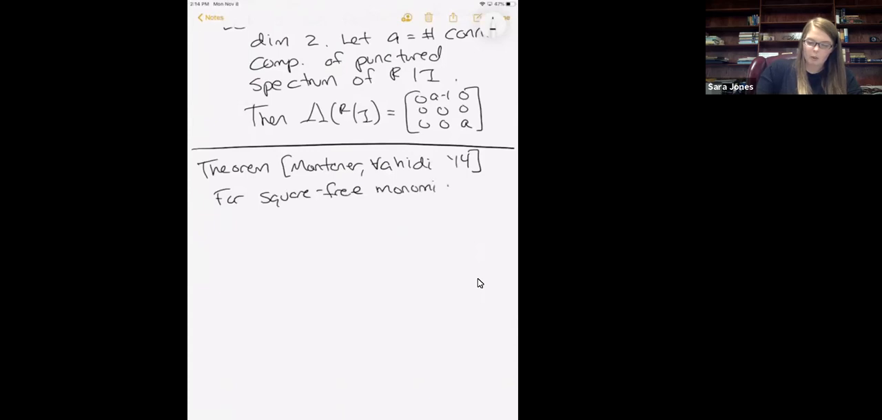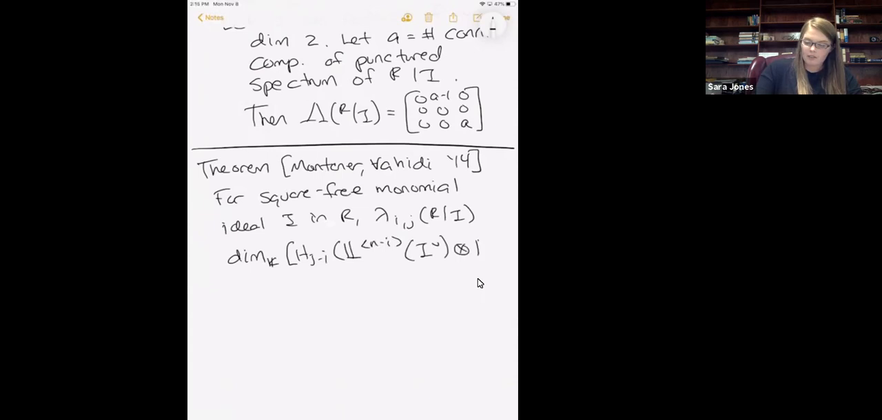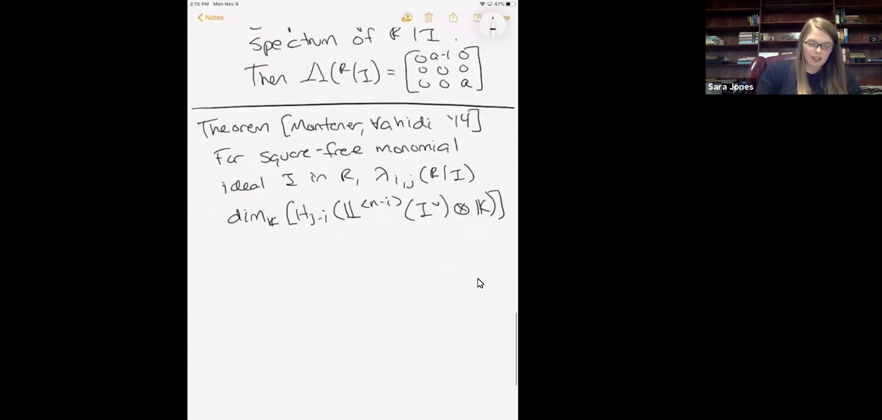So as I mentioned, it's for square-free monomial ideals. And it says that our Lubeznik number is then given by the dimension of the homology of the linear strands, and I'll say a little bit more about these terms in a second. So the Lubeznik numbers is given by this formula here, this dimension,